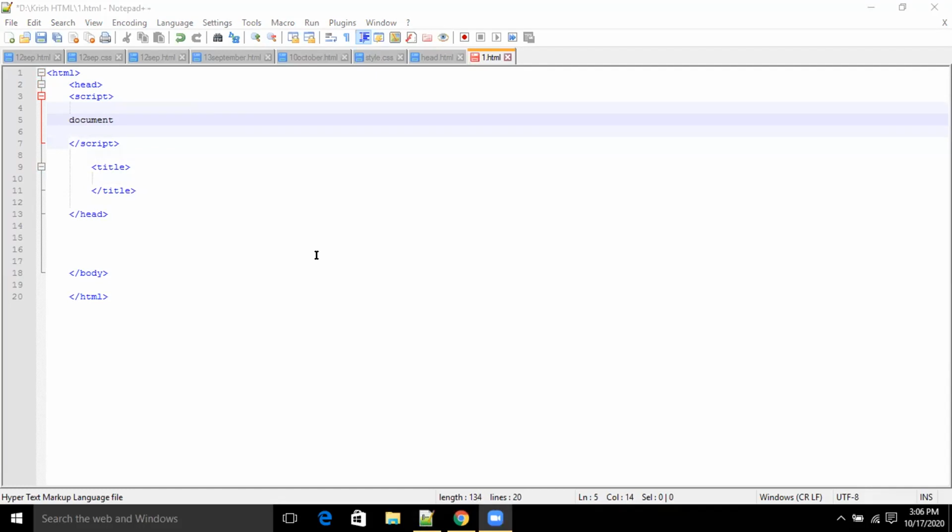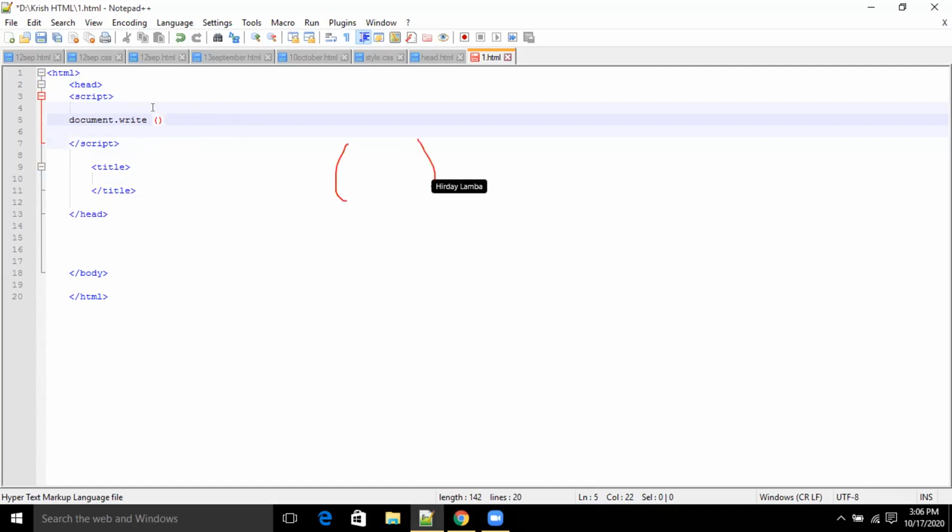Okay, so let's write document.write. Do not give any space between the dot and write. After that, give two round brackets.